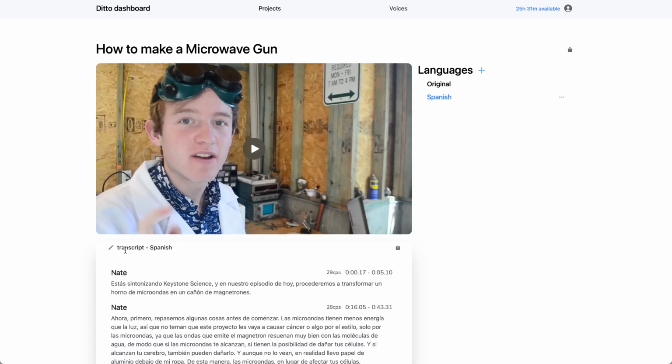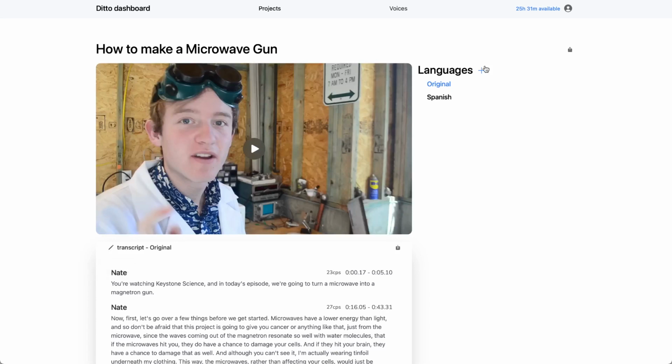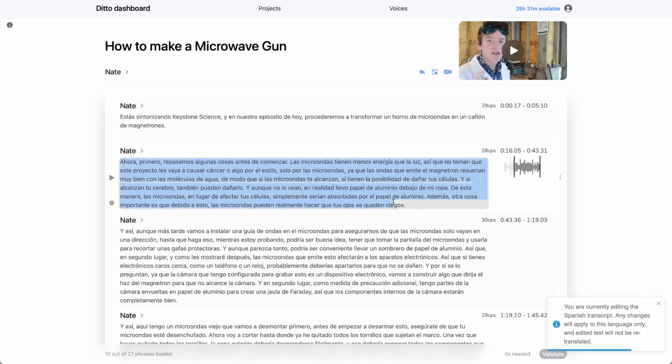If you want to make edits to the video, you can do it in two ways. If you edit the original video by clicking this pencil icon here, it will edit it for all of the languages that you've currently processed. If you want to edit just one of the languages, you can click on this pencil icon here after you've selected a single language. If I go ahead and click on that, you can see it brings me to a page that looks just like the transcript page. And so inside of here, I can edit any of the words, I can change the speakers, or I can change the